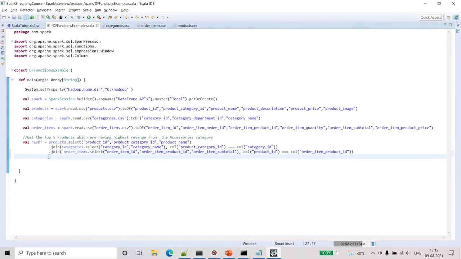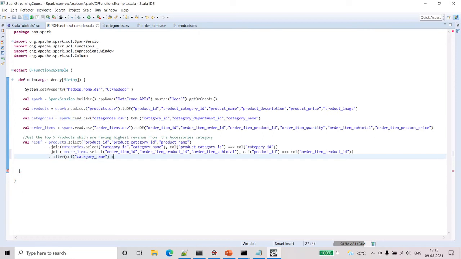So what is the next filter condition that we have? We have to filter for only one category, right? So let's filter that out. In the filter I'm saying column. Here also, instead of column we can say from the table category, that is category name. So what should the category be?